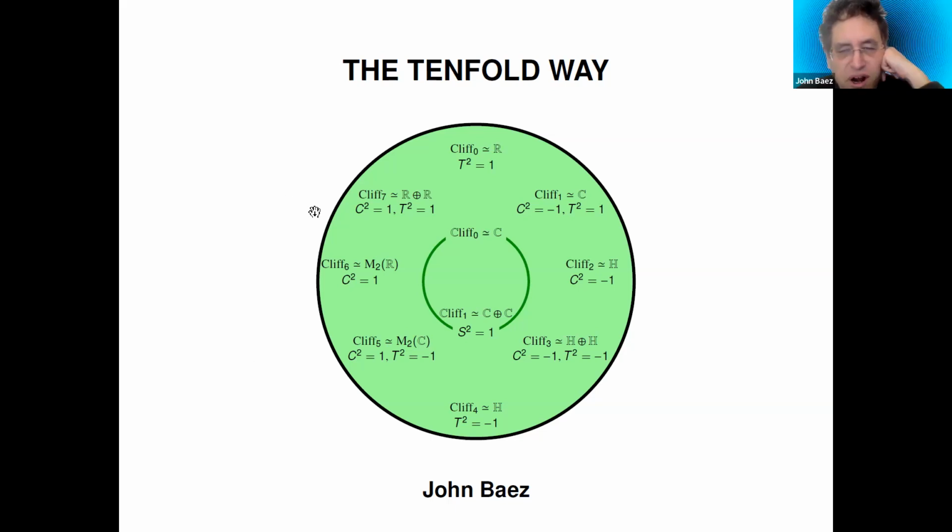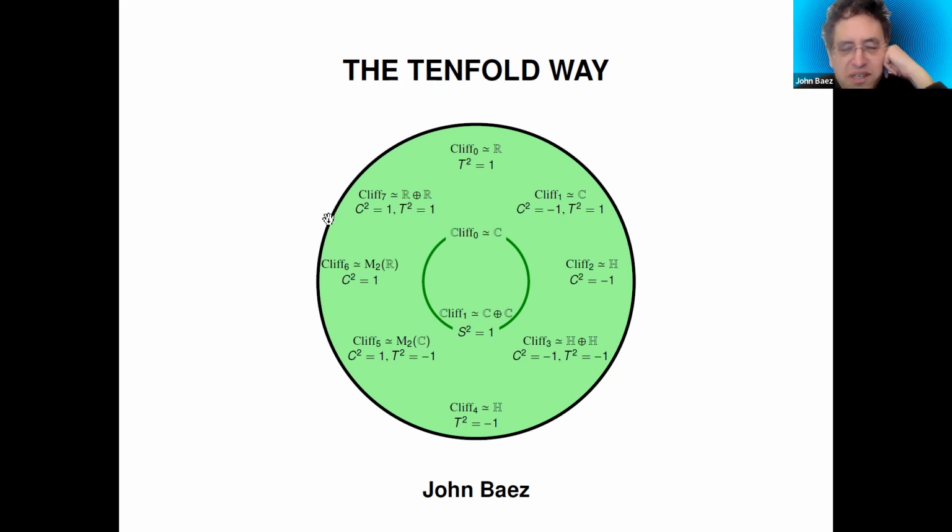Oh, I was just going to say that there are some other things. You were asking whether there's something like a left side and a right side. And yeah, stuff like that. If you look on these left three, you've got C symmetry, but possibly not T symmetry. And also on the right side, you've got C symmetry, but possibly not T symmetry. But on the left side, C squared is equal to 1, and on the right side it's -1, so the columns look like the threefold classification for C. And then another cool part is that